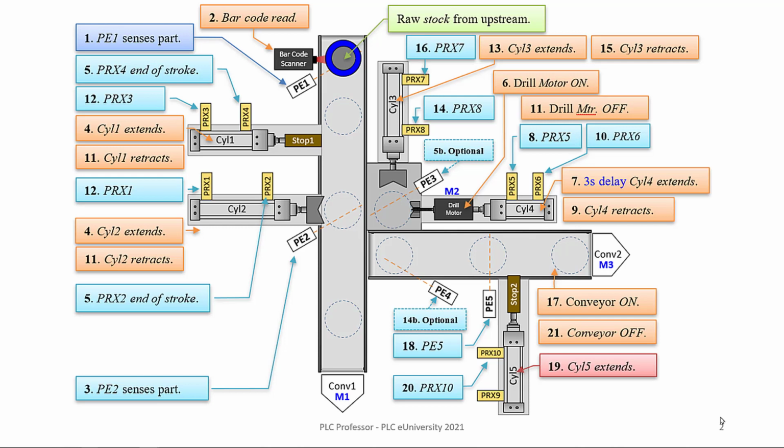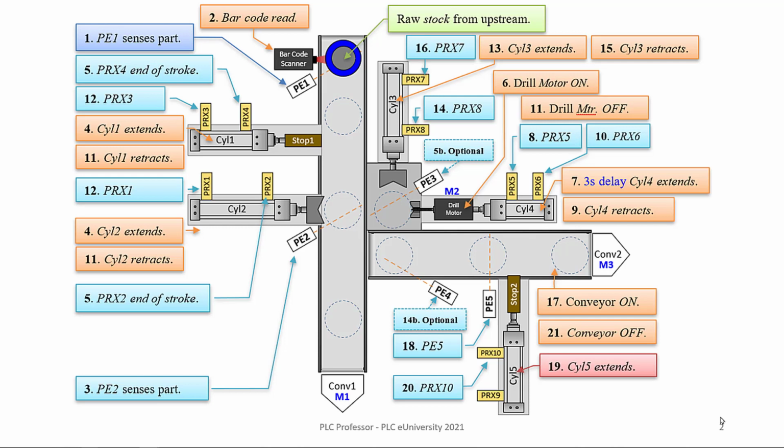In this case, they can exit off of conveyor 1 or conveyor 2. If this particular component or raw stock does not require a hole bored in it, a drill bit run into it, then it's going to pass right on through and out M1 to whatever the next process is downstream